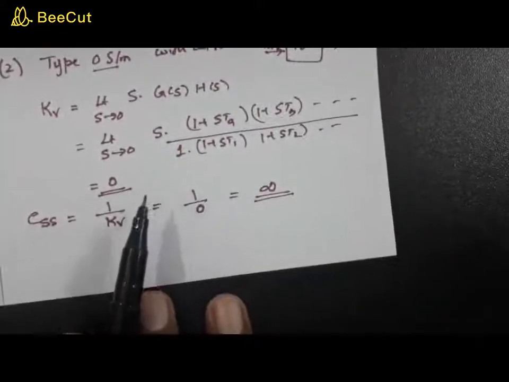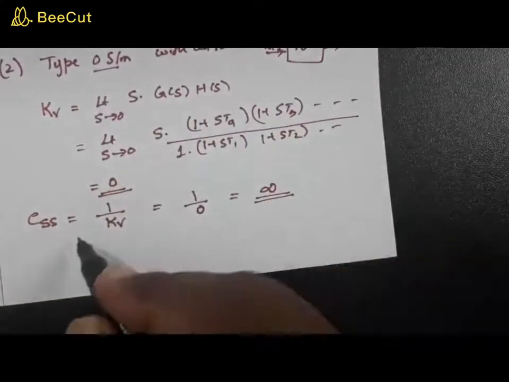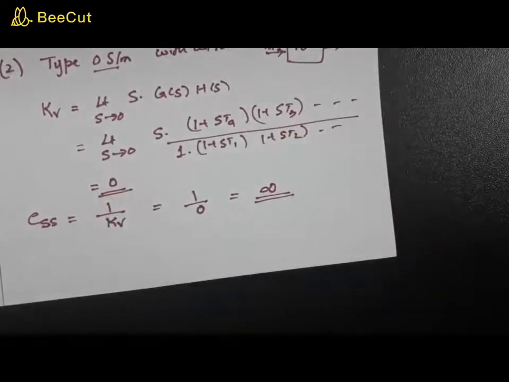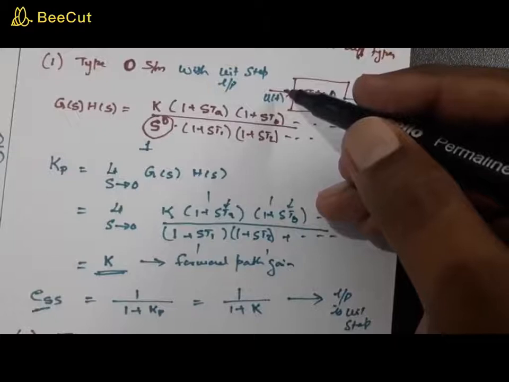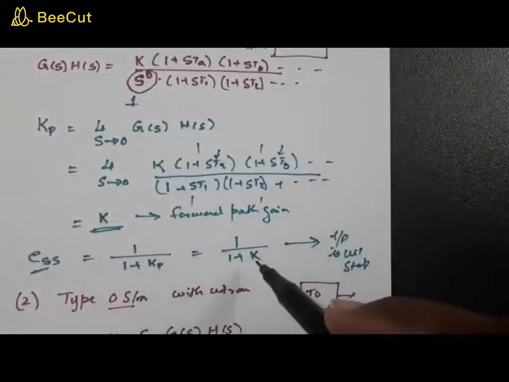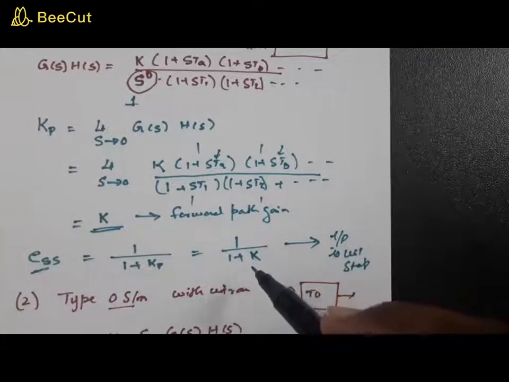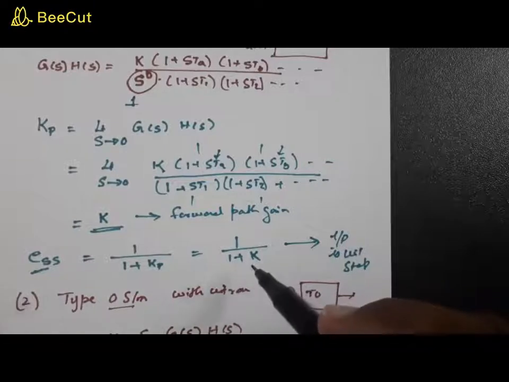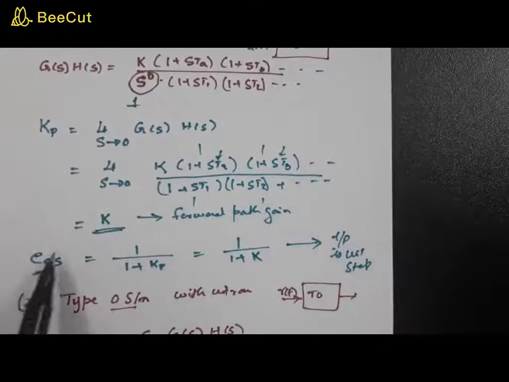But what about the second case? When you give a ramp input to a type 0 system, the steady state error is going to be infinity. So for a type 0 system, as from this discussion, yes, unit step input is favorable because even though there is error, we can minimize it by the design procedure. Forward path gain is a gain which the designer designs, right? So the designer has the freedom